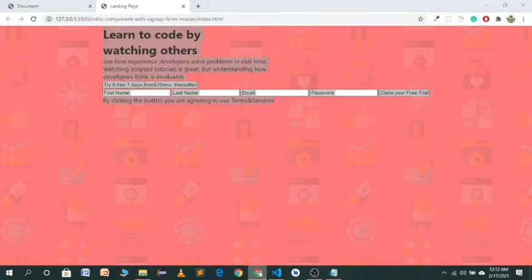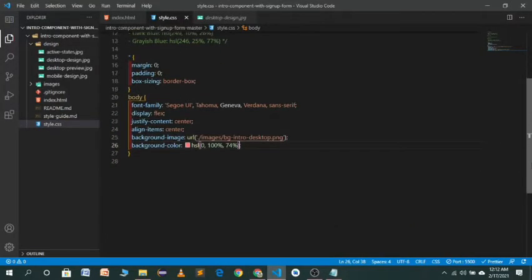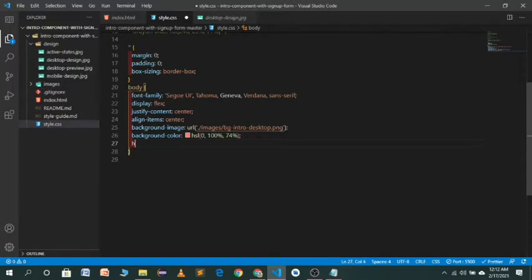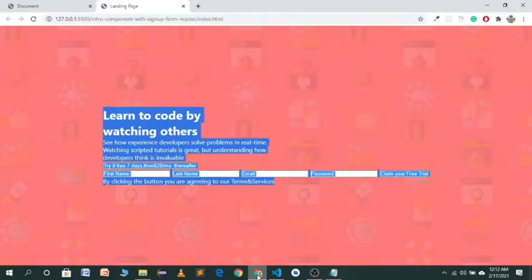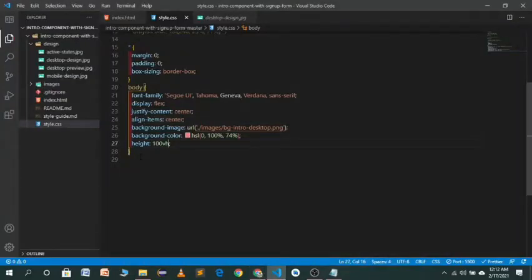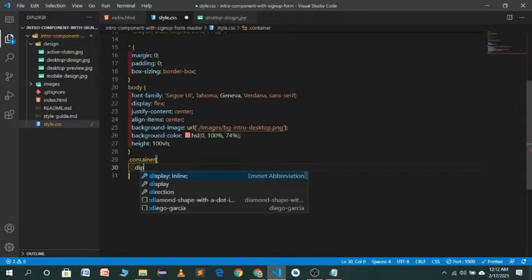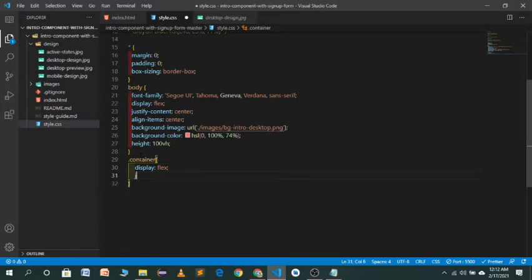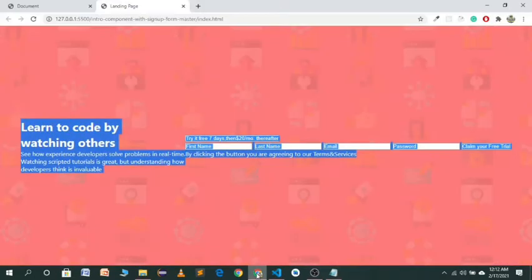So we will give it a height of 100 viewport height, and you will see this text will come into a center. So here it comes in the center. Now we have to target a container, and we will use flexbox to align items, display flex, justify content center, align items center. So you have seen it has aligned,